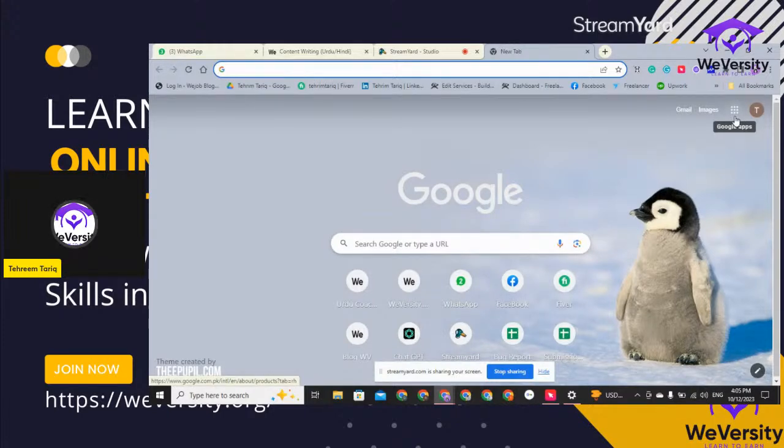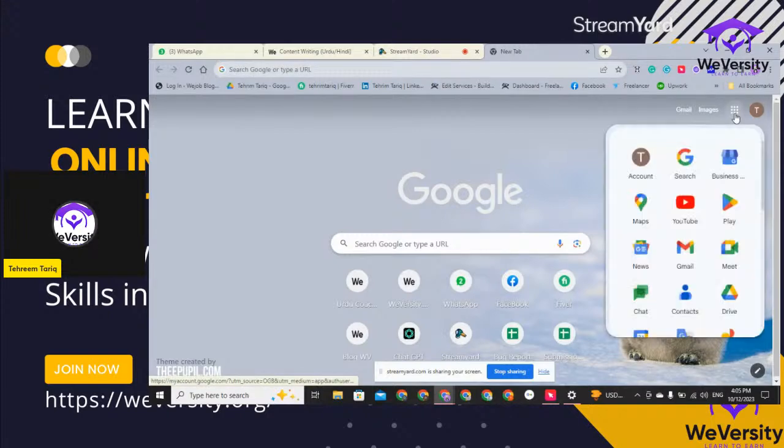Then if your Gmail account is already created, you can directly log in to your Gmail account on Google Chrome. There can be any browsing software, but I am more inclined towards Google Chrome because it is more specific and easy to use. I always use Google Chrome as my default browser, but you can use any of them. Okay, so when you log in to your Google account or Gmail account on your browser,